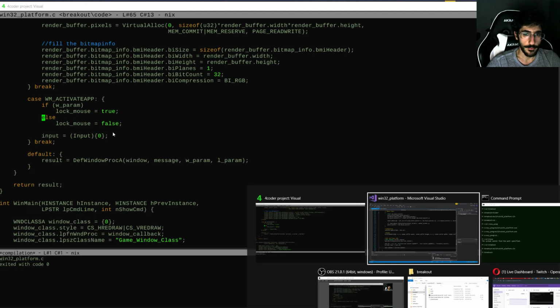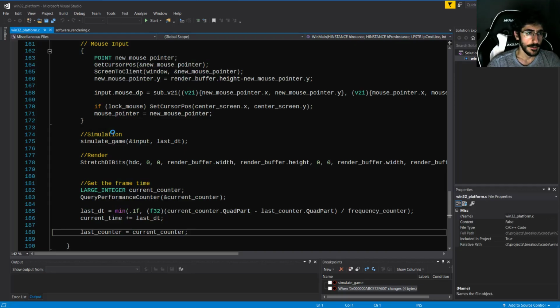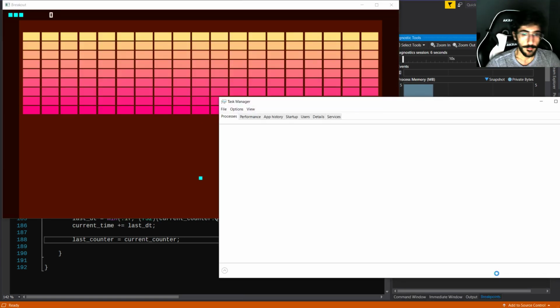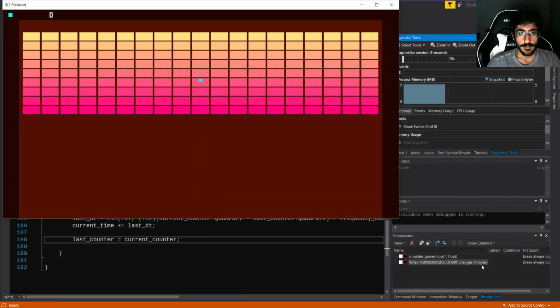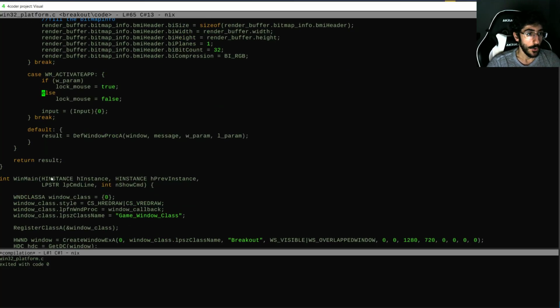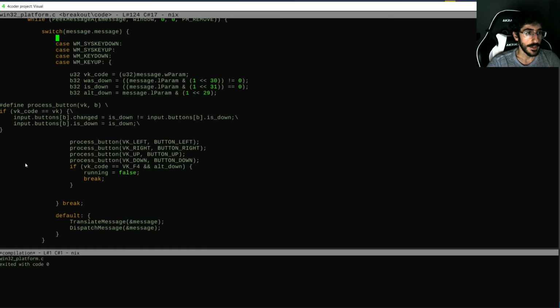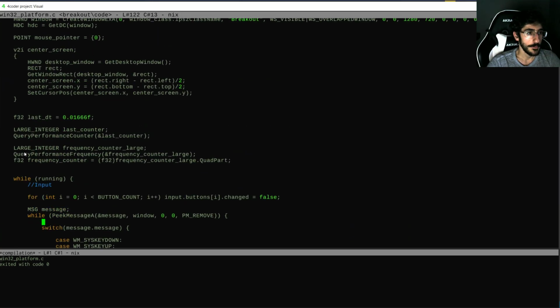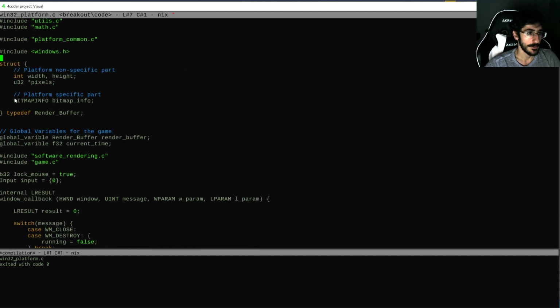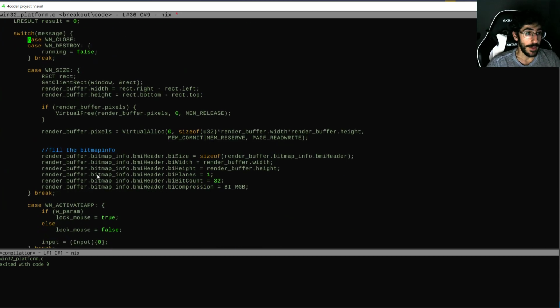I have to go through that code, but now let's see. Yeah, now we're stuck, and now we're not stuck. Yeah, it wasn't that hard. Oh, but we do get a crazy... At this point, we should also zero this guy. Sorry, let's see which guy. This guy, center, mouse pointer. I'm just going to throw these guys in as globals for now. But we have to zero him up here